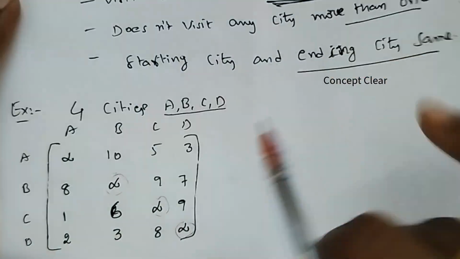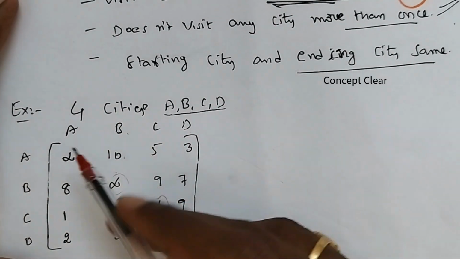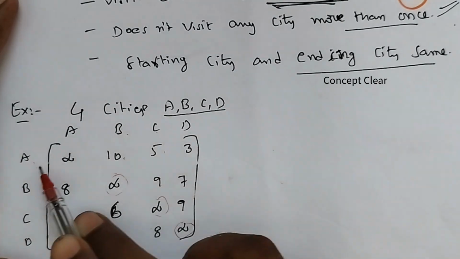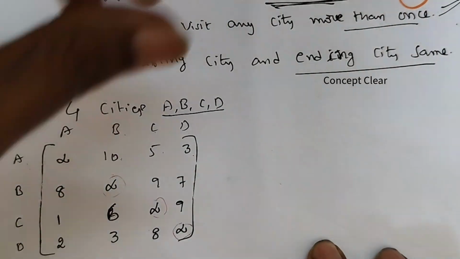Next, what are the remaining values? A to B traveling cost is 10. A to C traveling cost is 5. A to D traveling cost is 3. Like that, all the remaining values. Okay, now